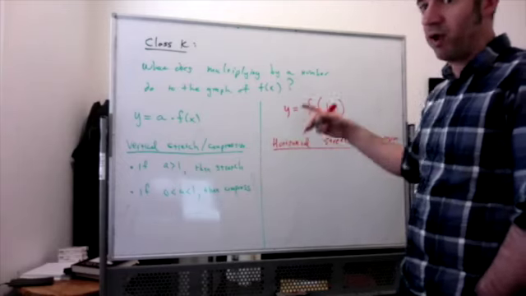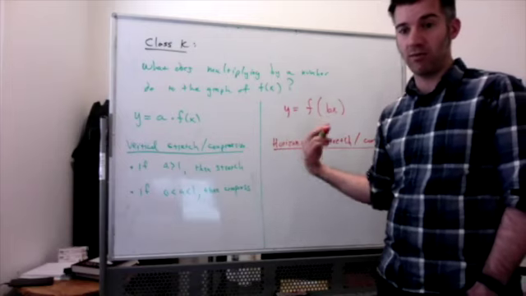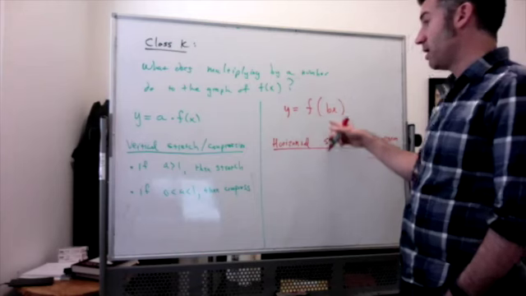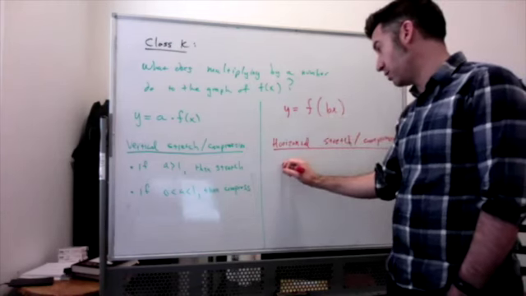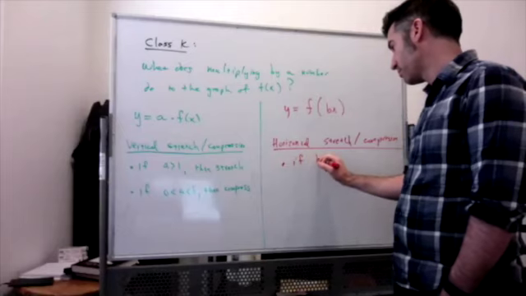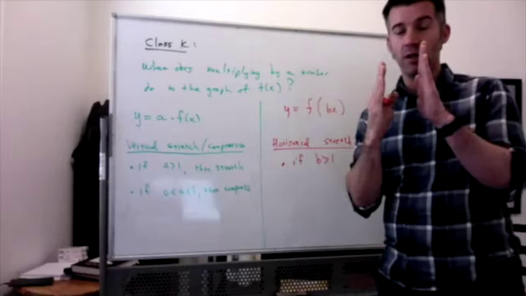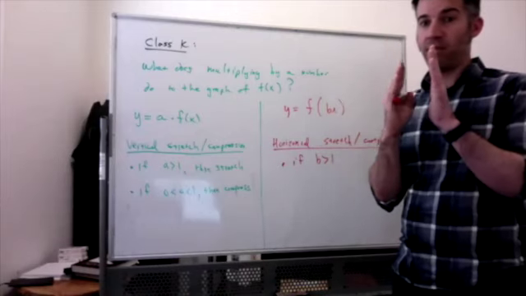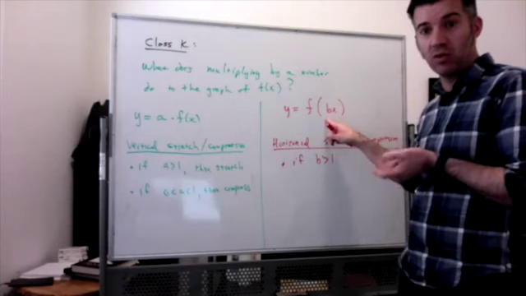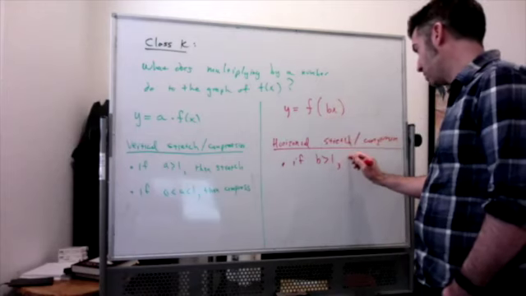Or when you subtract on the inside, you have to shift to the right because x has to be larger to compensate for subtracting. Here, if the number you're multiplying by on the inside is bigger than 1, then we're going to get a horizontal compression because the x values are going to have to be smaller to compensate for the fact that they're being multiplied by something like 2 or 3 or 5. So we get a horizontal compression,